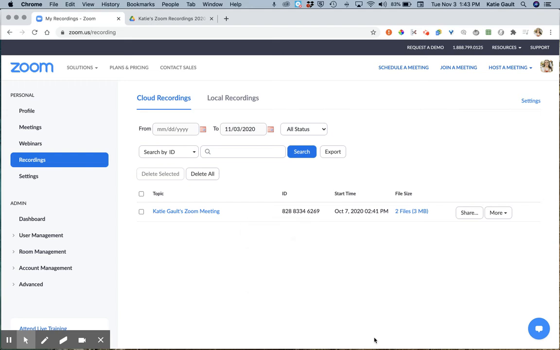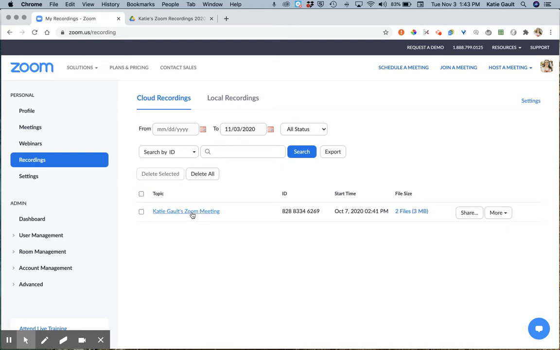All right, so in order to make sure that our district-wide Zoom account still has room for cloud recordings, we're asking that people periodically, like maybe once a week, depending on how often you are recording to the cloud, go into your cloud recordings and download them. So if you have more than one, you could select all and then export them or delete them if you